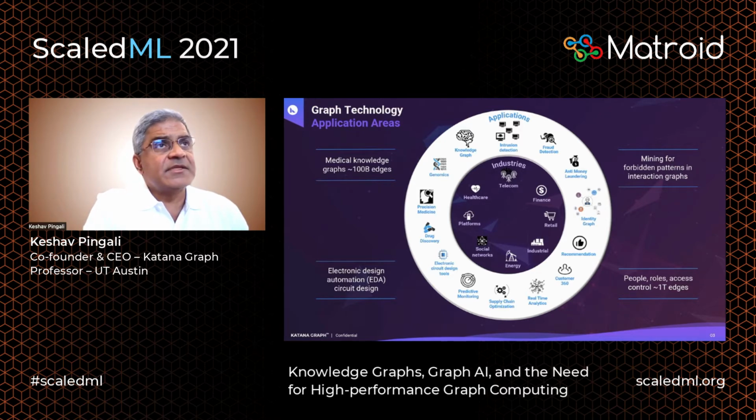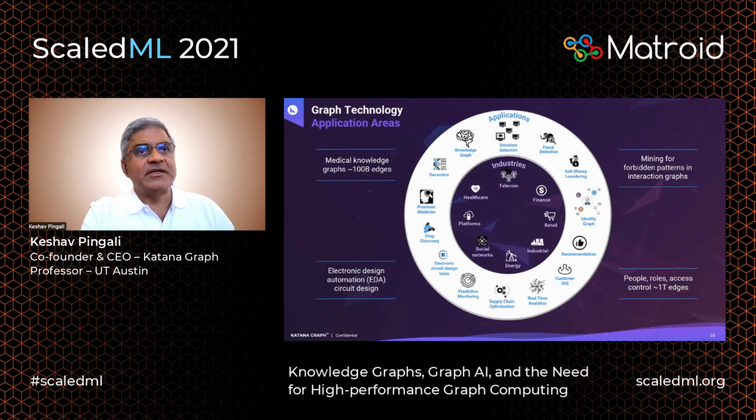More classical application areas that have been around for decades: electronic design automation. So these are the chip design guys like Cadence and Synopsys. Circuits can be looked at as graphs or hypergraphs in a very natural way. The pins of the circuit correspond to the nodes of the graph. The edges correspond to the wires. And you can take all of the tasks that they do in chip design, like placement, routing, static analysis, timing analysis, and so on, and do all of that using graph algorithms in parallel in a very natural way.